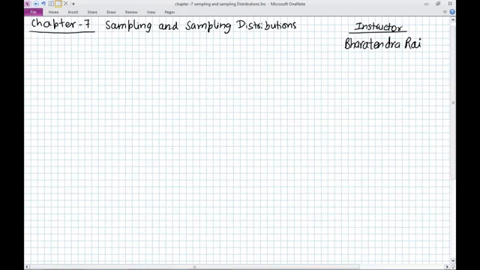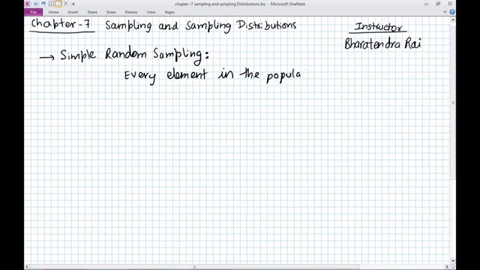So as you know, sampling is a very important process to estimate the values in the population. So we take a sample and we have to make sure that the sample is good. Now there is a very popular sampling method called simple random sampling. Simple random sampling is defined as a process where every element in the population has equal chance or equal probability